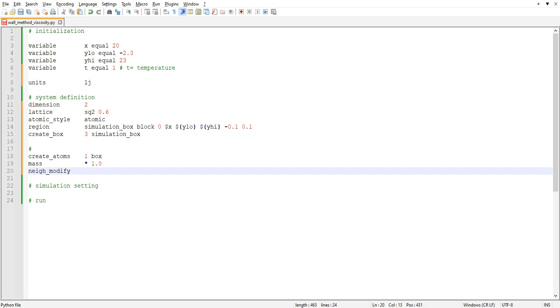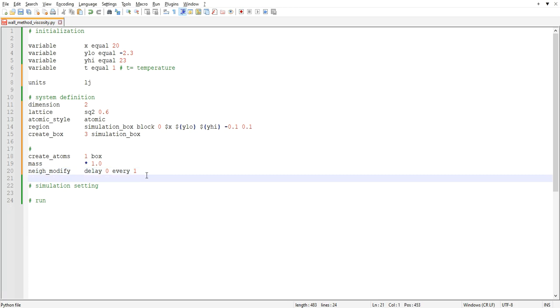This tells the frequency of neighbor list rebuild, and we define it as delay 0 every 1, meaning build the neighbor list after every time step. That is going to be computationally expensive but more accurate. Anyhow,